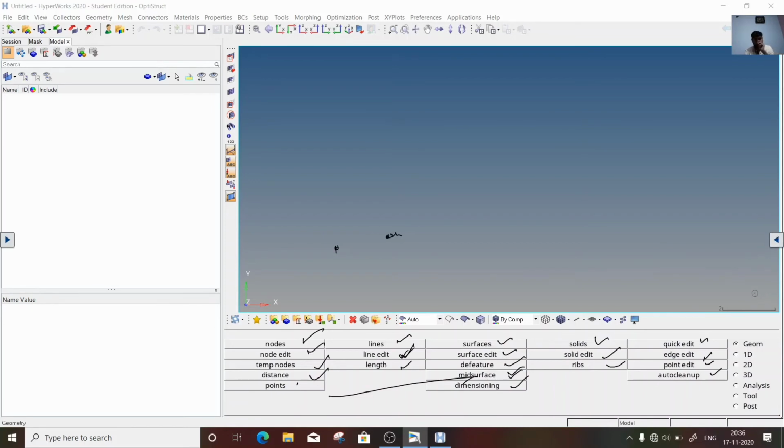So why has Hypermesh given geometry? Because when a CAD engineer gives the model to a CAE engineer, there might be some surface issues. Since you are importing into Hypermesh, some of the data might be missing, and because of that there might be surface issues. To clean all those geometrical issues, Hypermesh gives you a lot of handy tools so that you can fix them. Next, you will see